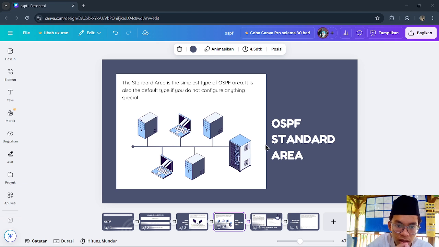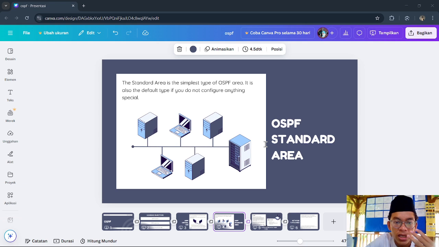It blocks not only external LSA type 5, but also summary LSA type 3 and type 4. The only things in the routing table inside this area are intra-area routes and a single default route pointing to the ABR. This is very efficient for a small branch office that only needs to reach the backbone.